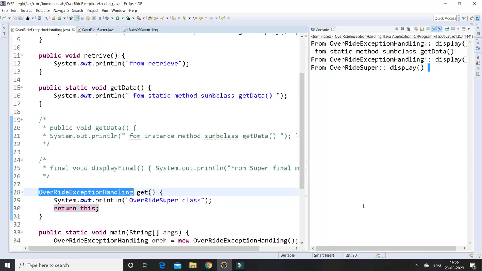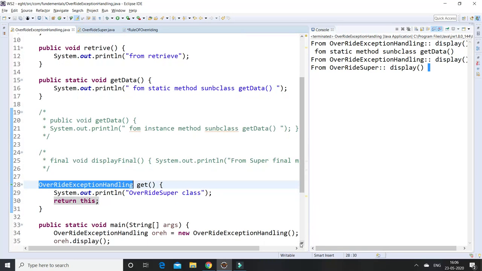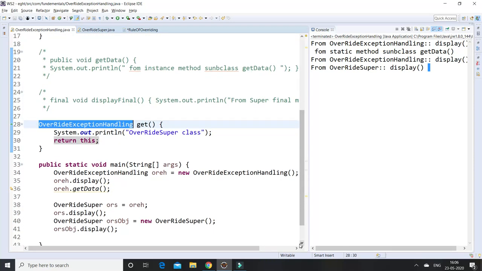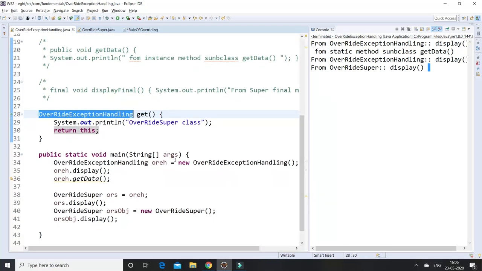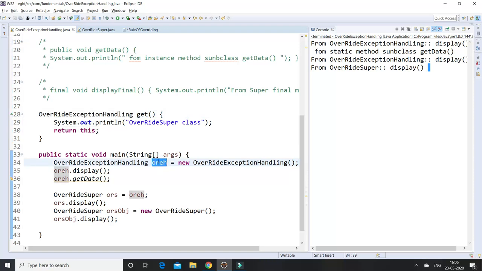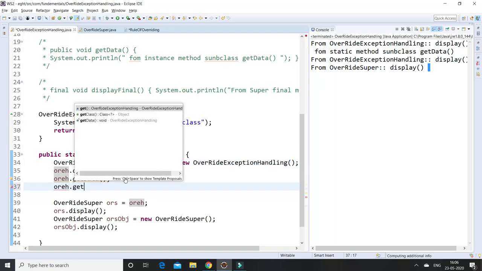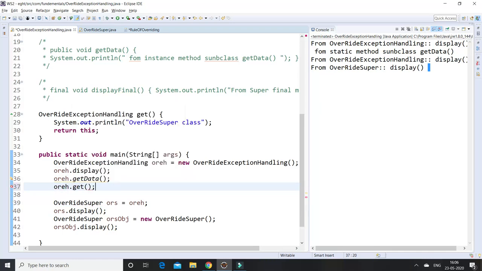How can we call these methods? Suppose I have already created these objects. Suppose I want to access those methods, directly calling this one. So how can we call the remaining parent class object method?